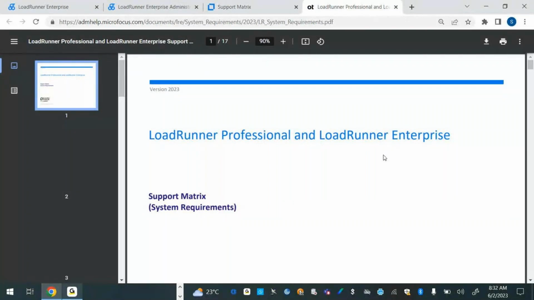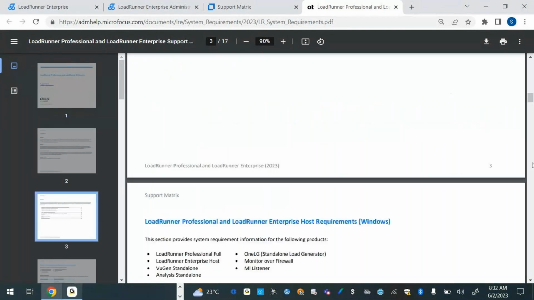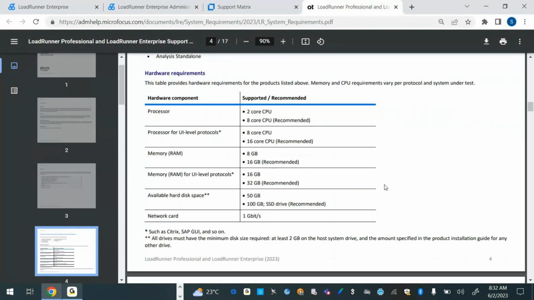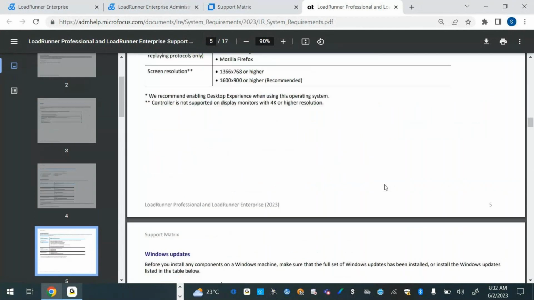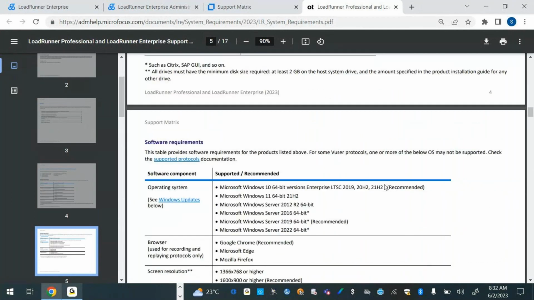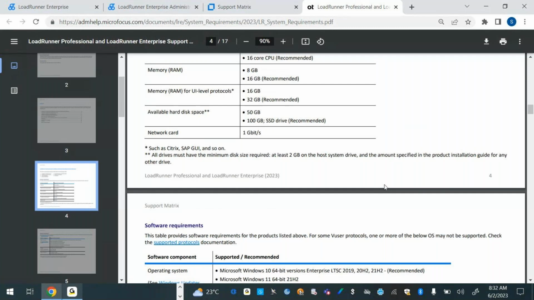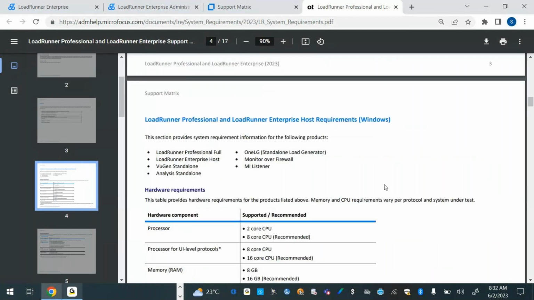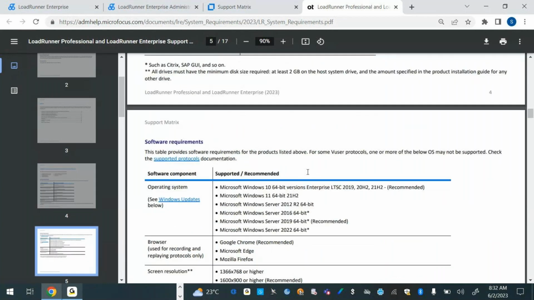In the system requirements document, sorry, it is loading. See, for the LRE, if you see this, a LoadRunner Enterprise host. This is the host requirement. In the host, these are all the supported OSes. You can pick any of these. There is no hard and fast rule that only one OS has to be picked for the host. For example, Windows 10 64-bit is supported for the host, but when you come to the LRE server,